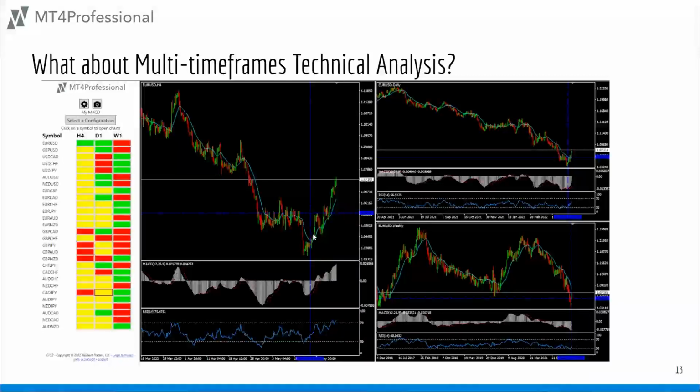I can verify that on my second time frame to see that I also have a bullish cross on my MACD, and at the same time I have a relative strength coming out of oversold and trending with bullishness. And the third time frame, I really need to see on the weekly chart that I'm not oversold and that I am in a trending strong market.